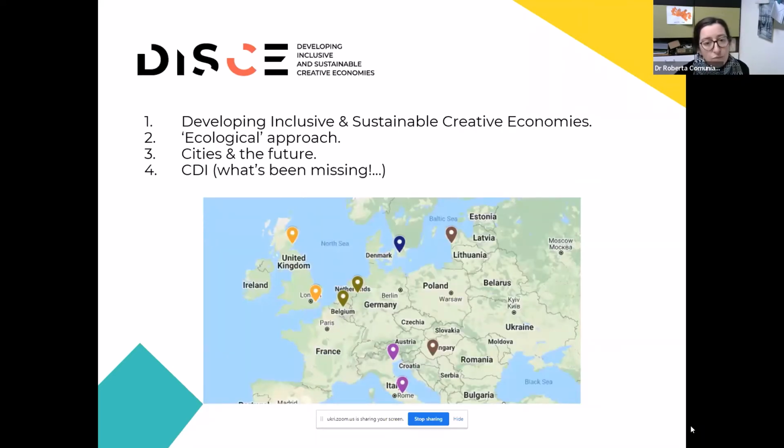The project, just briefly, is trying to investigate developing an inclusive and sustainable creative economy. So we take the idea of the creative economy and think about barriers, think about inclusivity, think about what makes things sustainable within the creative economies. From the start, we decided to use an ecological approach, so very much to focus on cities as case studies,